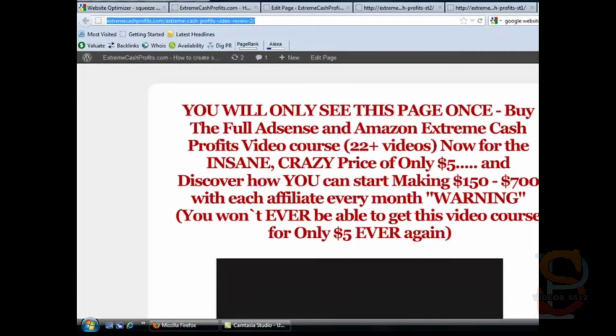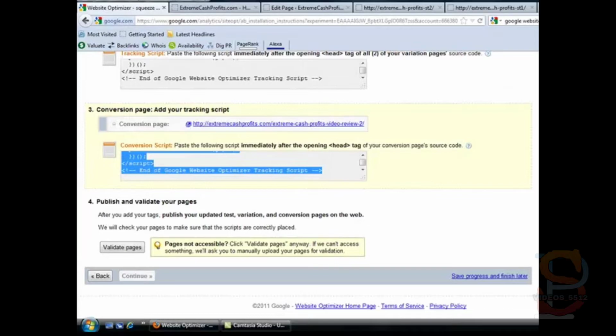So it's very simple. There's only 3 things you have to do and that's pretty much as far as I can show you. Once you've done that, you go to validate pages, and everything hopefully will start to function correctly,